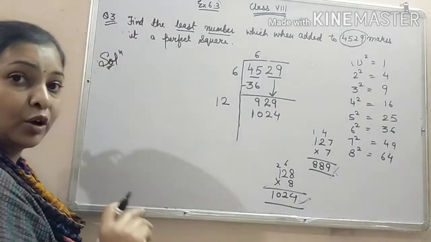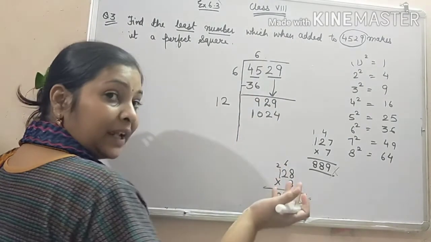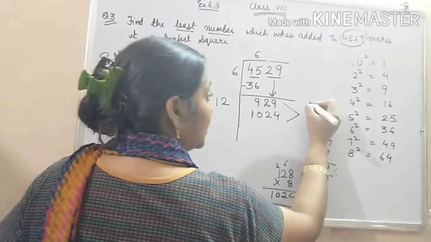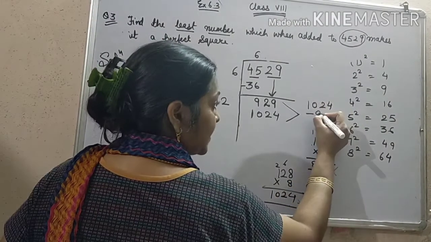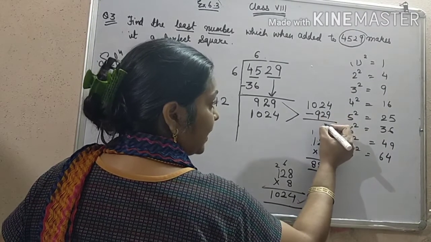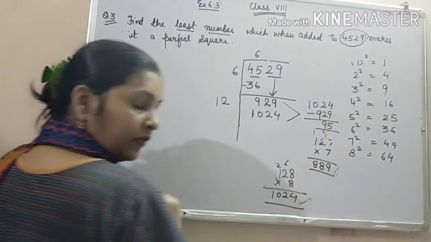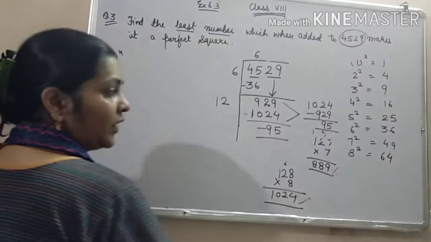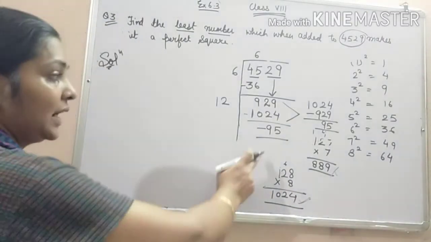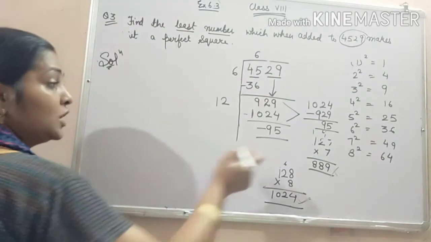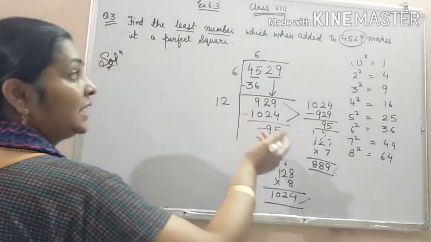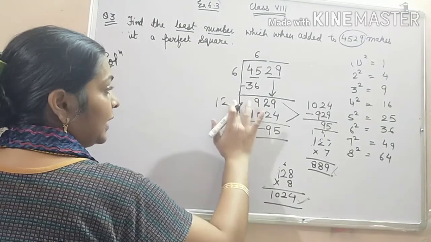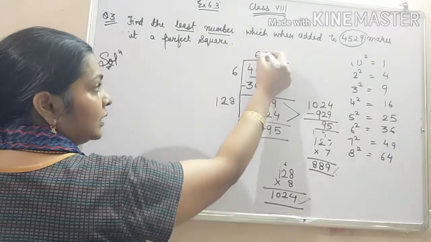And you know that it is not possible to subtract these numbers, or you will be getting the result in negative. So there is one method: you switch the order and then do the subtraction. While subtracting, you will get the answer as 95. One way is this, or you can directly subtract over here. You will get minus 95 in negative. So whatsoever is your negative number, that must be added to the given number.